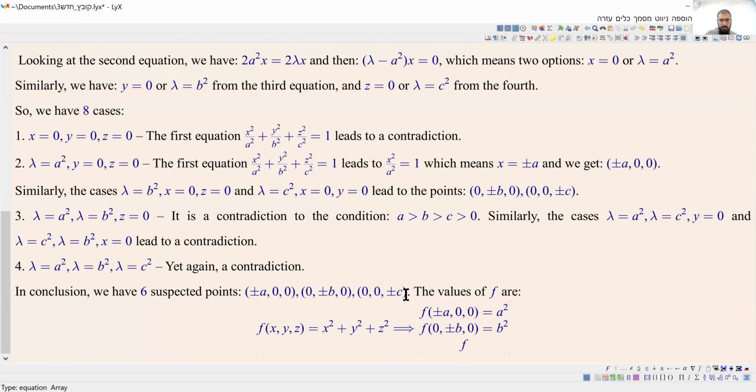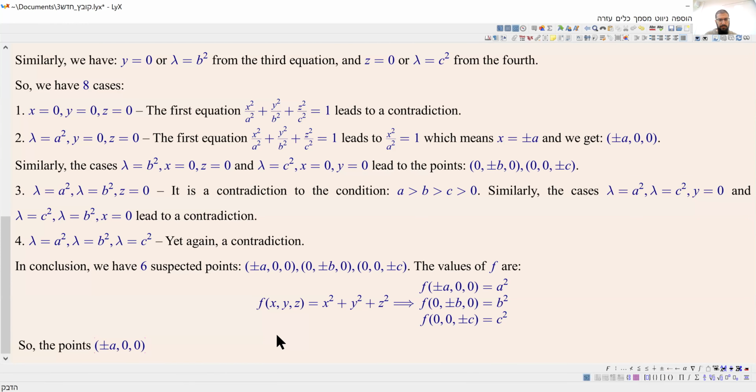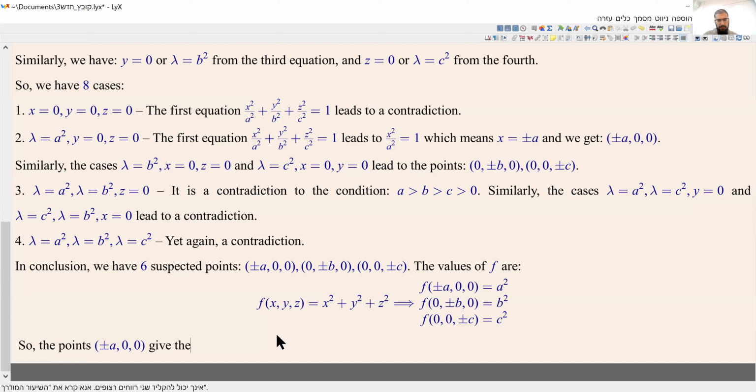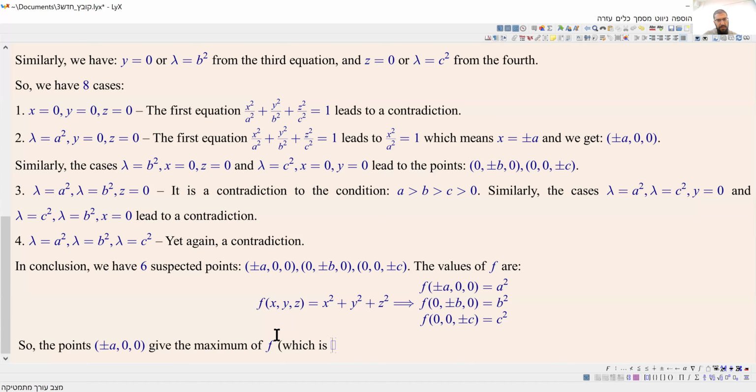And at c, we have c squared. Now we know that a is greater than b, which is greater than c, which is positive. So, and finally, in conclusion, the points of plus minus a give the maximum of f, which is a squared,